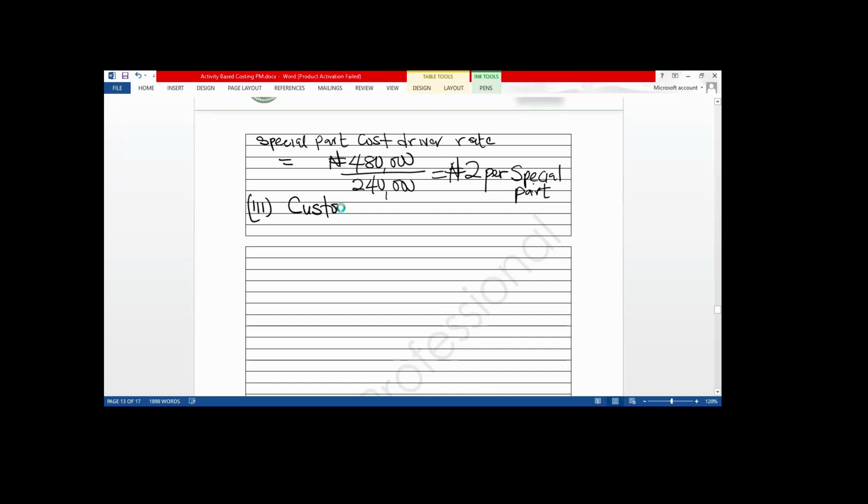Customer invoicing. Cost driver rates. Now also please note, I'm writing the formula all the time because I'm trying to explain in the class. In exam, you might be battling with time. You don't need to be writing the formula all the time. Because I need to explain to students, I'm stating the formula all the time. This formula becomes